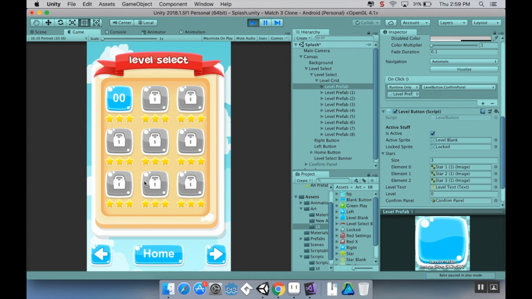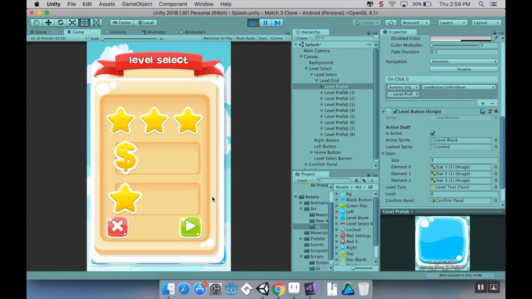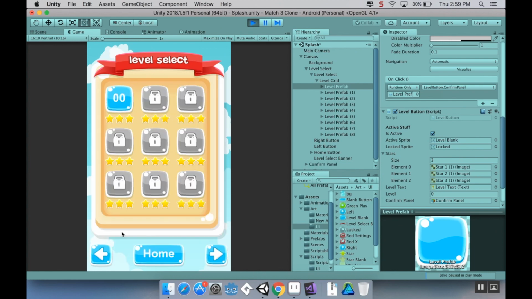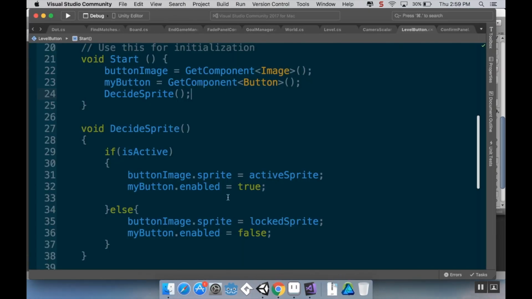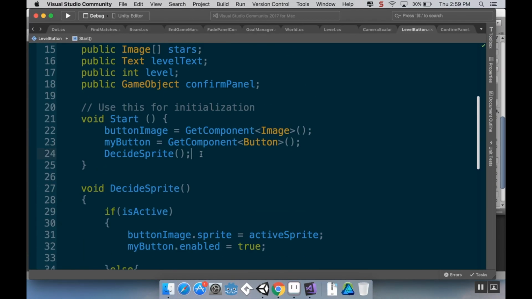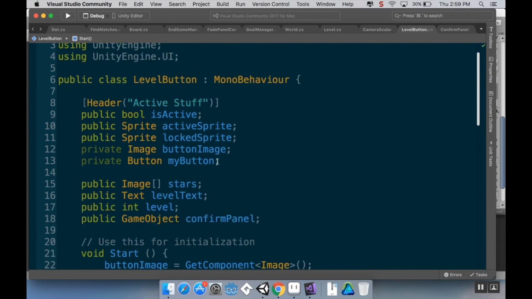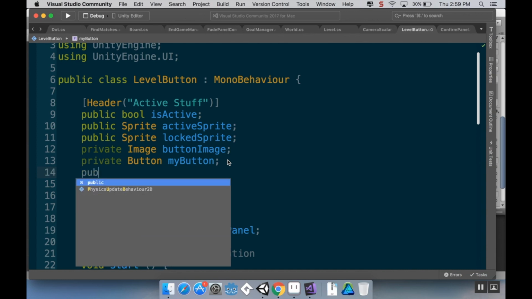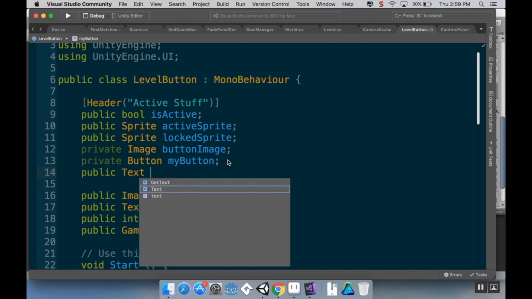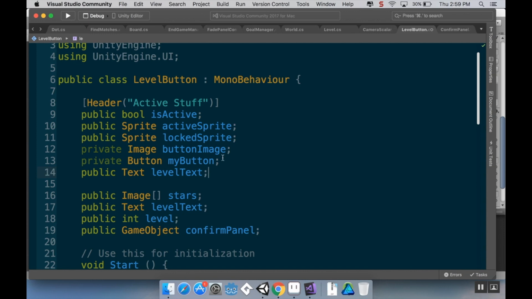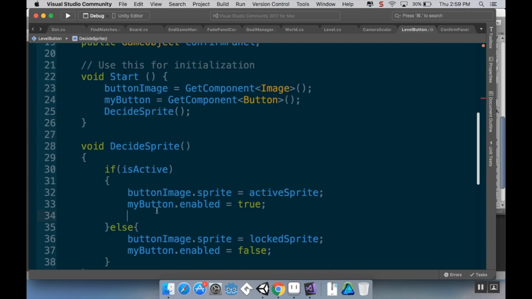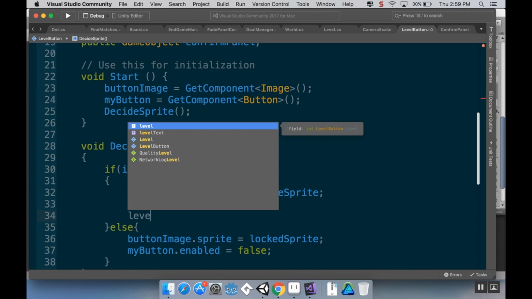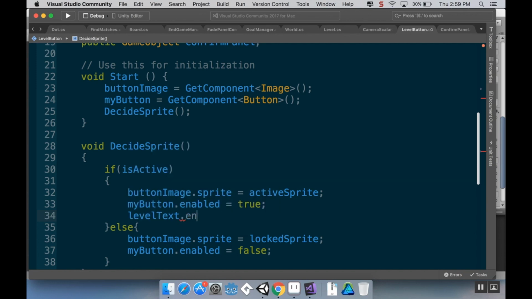You'd also want the stars to go away from underneath. This one that's active can still open the confirmation panel though. So let's make that text inactive, and then let's make those stars inactive as well. So what I want to do here is I need to make a reference to the text as well. So this is going to be a public text, and we'll call this level text. And then I'm going to make the level text inactive. So level text dot enabled